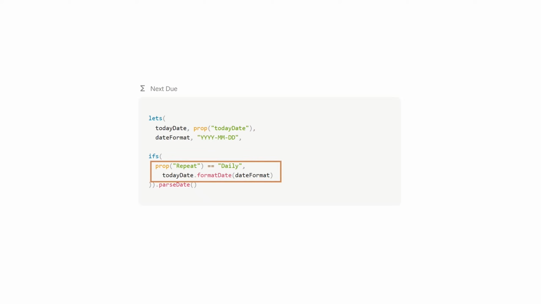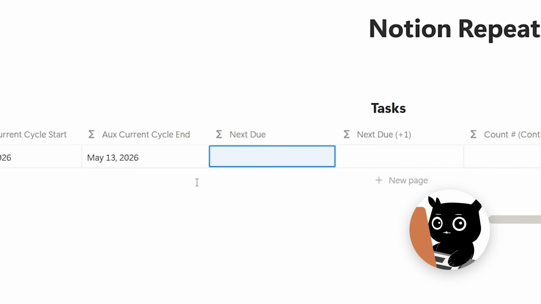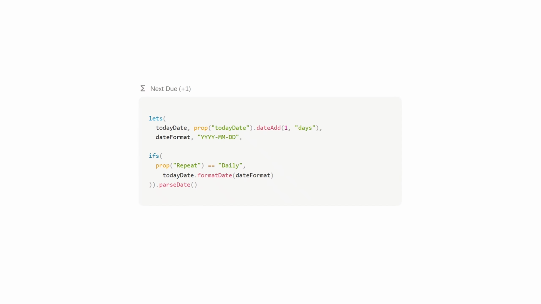Since our repeat is daily, it only makes sense that the next due, inclusive of today, is today. Again, when more and more repeats come in, this will get a lot more complicated, but it's very straightforward for now. For next due plus 1, it's the same formula, but on the initial today date property, we add the function .dateAdd 1 days. We do this since the purpose of nextDue plus 1 is to identify the target date after today,